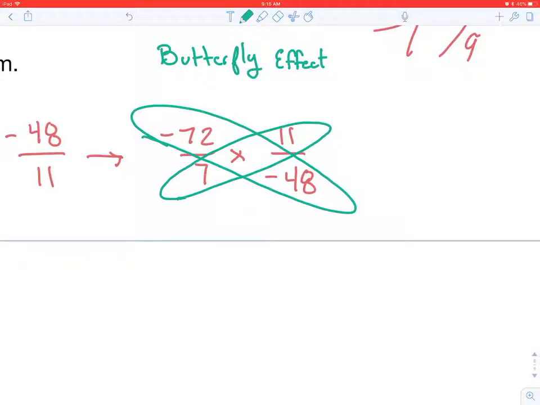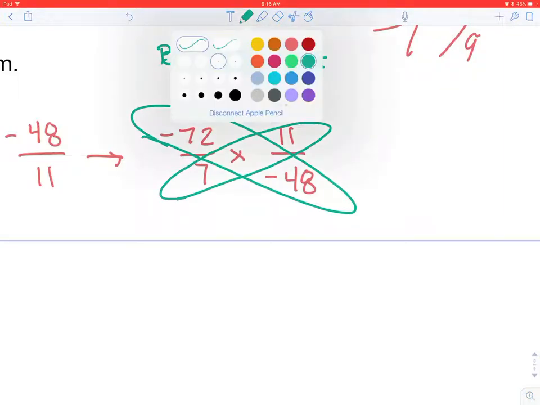What that is, is that we can take a look at these diagonal numbers and see, do 7 and 11 simplify? And if they do, we can simplify them before actually multiplying this out. So 7 and 11 do not simplify, but what about 72 and 48? 72 and 48 should kind of ring a bell to you because there's 48 hours in 2 days, there's 72 hours in 3 days, there's 24 hours in 1 day. So you can actually simplify 48 and 72 not just by 2, not just by 4, but by 24. That would be the greatest common factor that they have. And if we simplify that out,